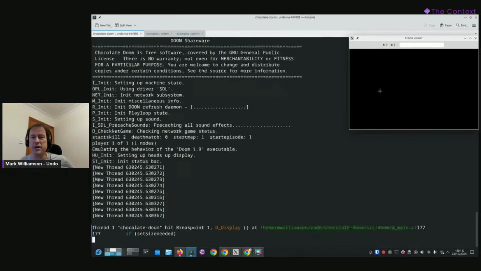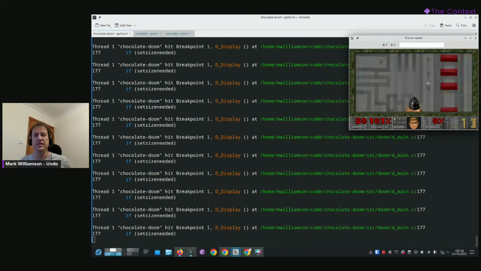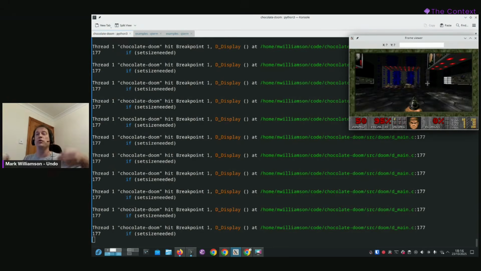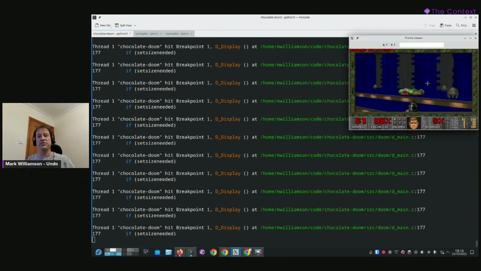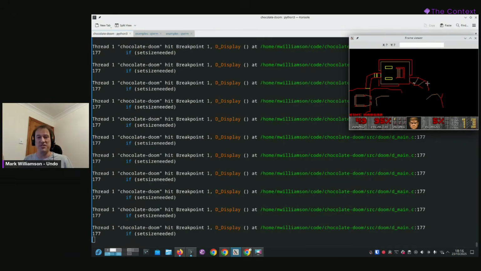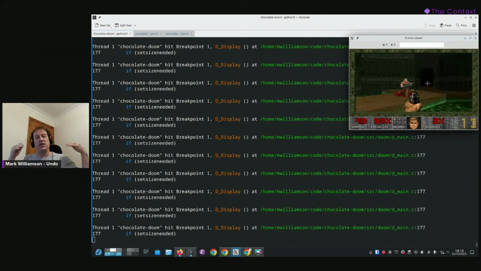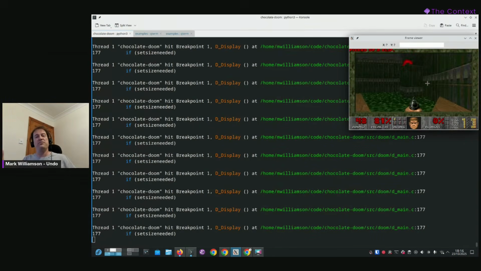So you can see the frame buffer of the Doom process displayed in the top right-hand corner as I replay the whole recorded session. And as we're doing this, everything the game did is being recomputed by our time travel engine. This bit I got stuck in the menu system because I panicked and pressed the wrong key. And finally, we replay up to the end of my session.